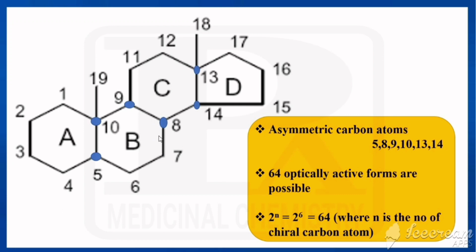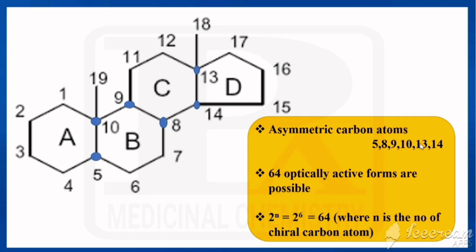So from that, for stereochemistry, we have to know the optically active forms present in that. For that, we have to find out the asymmetric carbons present in the structure. So what is the other name for asymmetric carbon? That can be otherwise called chiral carbon. What is a chiral carbon? The carbon should have four different groups, and that can be called asymmetric carbon or chiral carbon. So in the structure of a steroid, these carbons, already marked 5, 8, 9, 10, 13 and 14. So these six carbons are called asymmetric carbons present in a steroid.